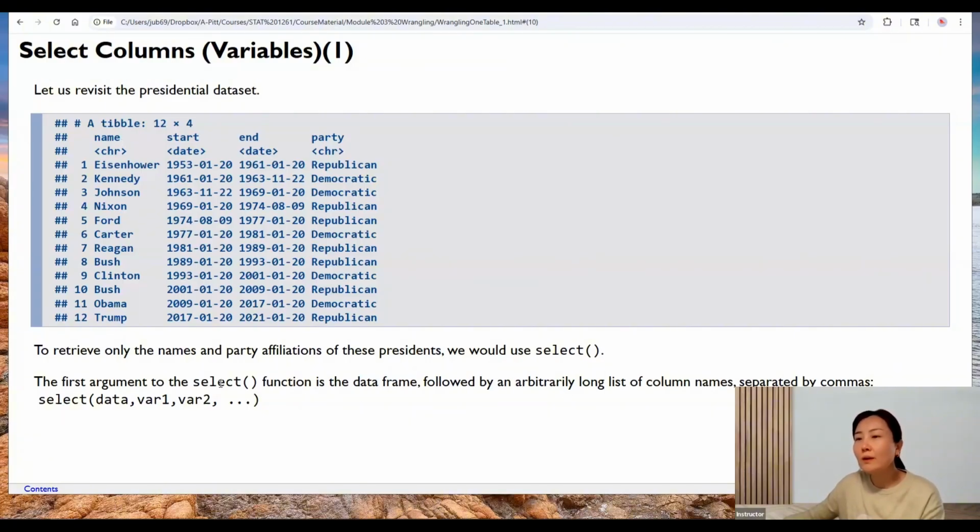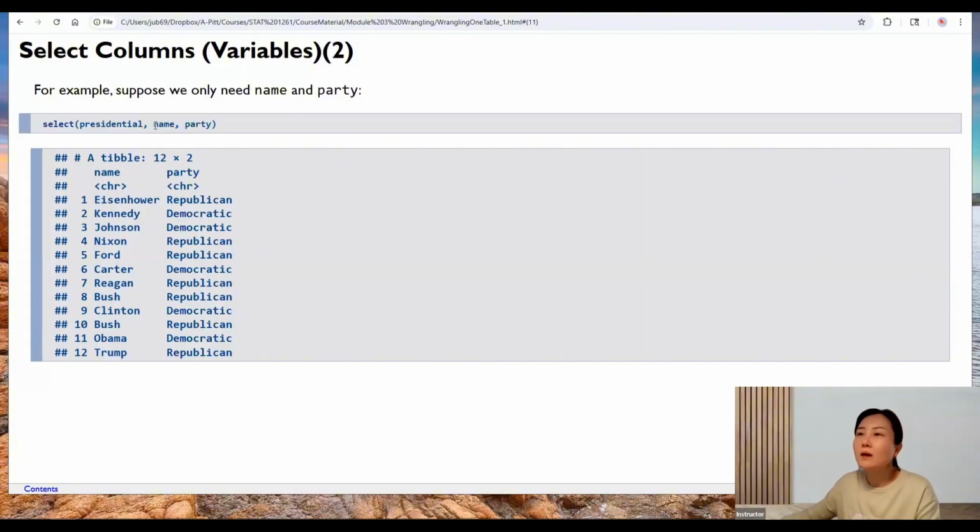Suppose we only want to retrieve names and party affiliations of these presidents. Then we can use the select verb. The syntax is like this: select the data and then list the variables you want to select. Very simple. For example, if we want to select the name and party affiliation of the president, we can just